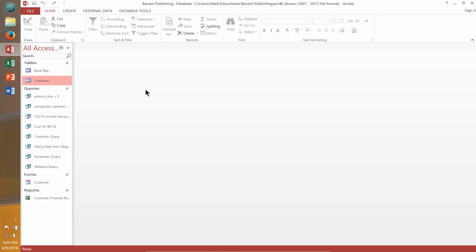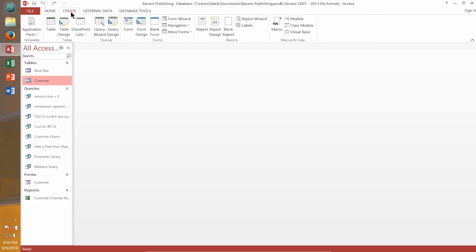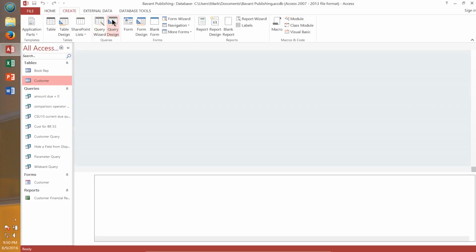Now we can use compound criteria, which you probably knew was coming. In our database, if we want, we can search for one piece of information and another piece of information, and that's fairly typical in databases. So in this case, we're actually going to use 2 pieces of information. So I'm going to go ahead and do a create, and I'll use the query design,